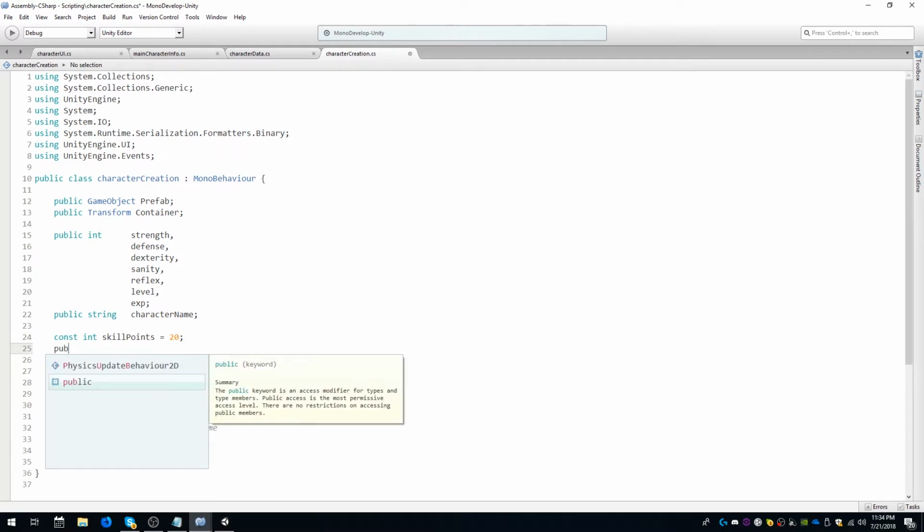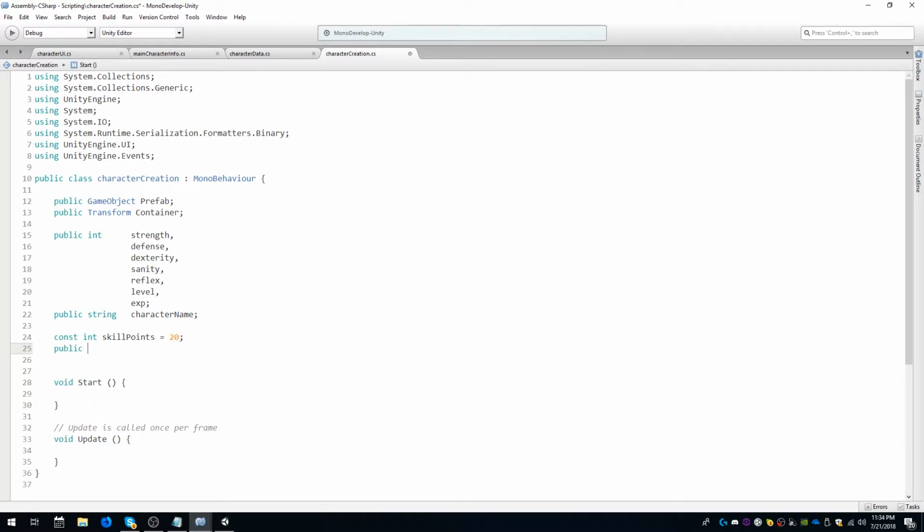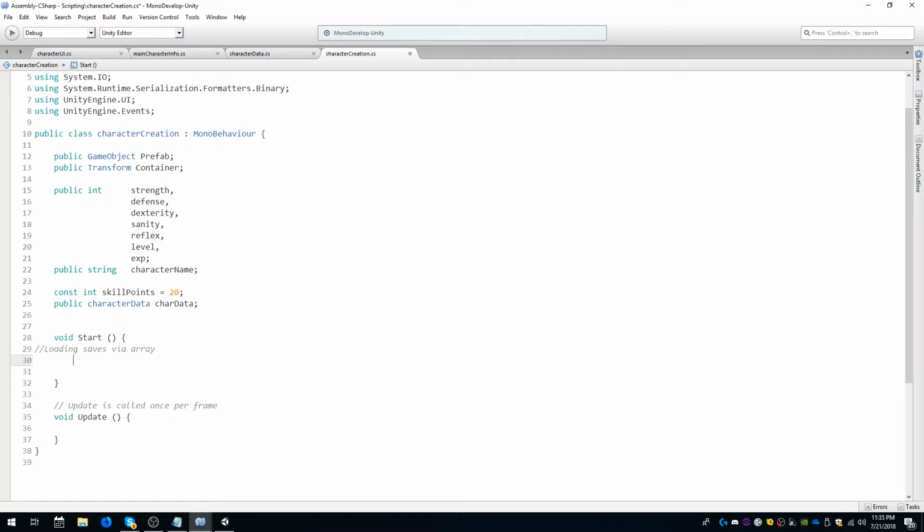We want to access our character data script that we just created. So we're going to do public CharacterData, and we'll just call it charData. In our Start function, we are going to do a comment first, and this is all for loading saves via array. So now we want to go ahead and create a new array. But before we do that,